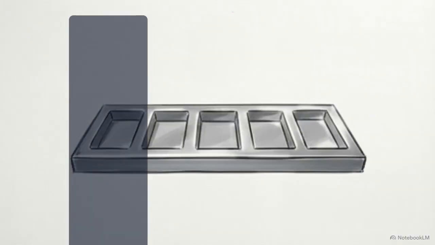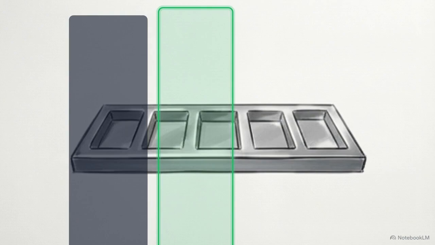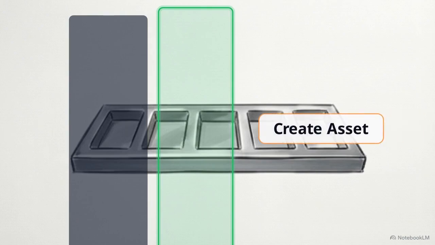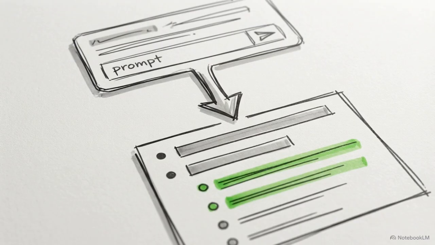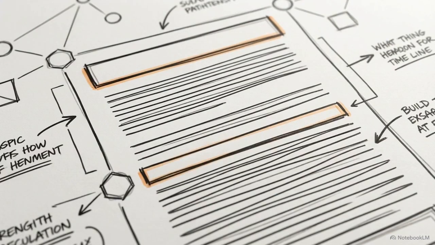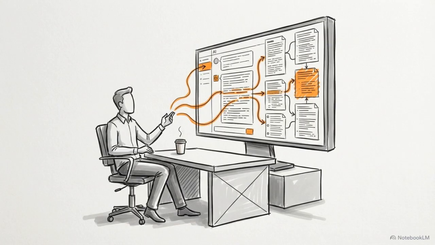Now we move to days 3 and 4. This is the milestone where you stop researching and start actively building your digital asset. Open your chosen AI tool and prompt it to generate a detailed outline based on the research you gathered. Then prompt it section by section to draft the actual content. You are the director, and the AI is doing the heavy lifting of creation.